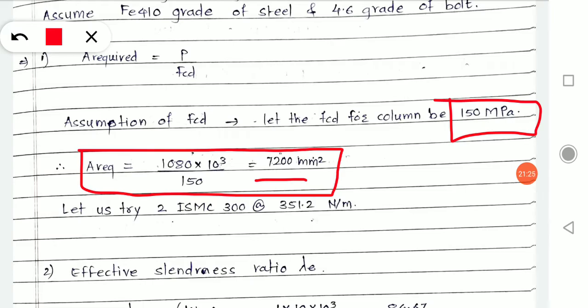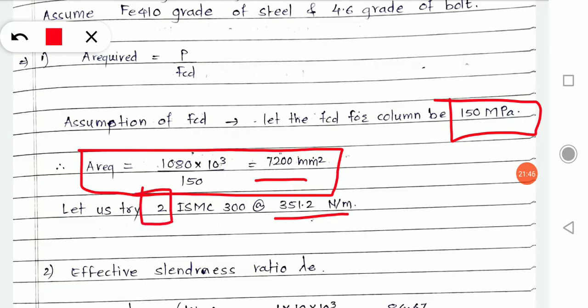That is a large area. And to cater to this requirement, we will try two ISMC 300 at 351.2 Newton per meter. What is 351.2 Newton per meter? That is the weight.